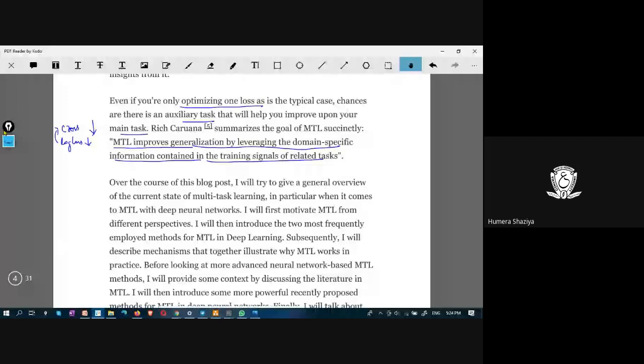For example, you have images of rivers, images of mountains, images of other sceneries, scenes. What you can do is you can learn all these images.